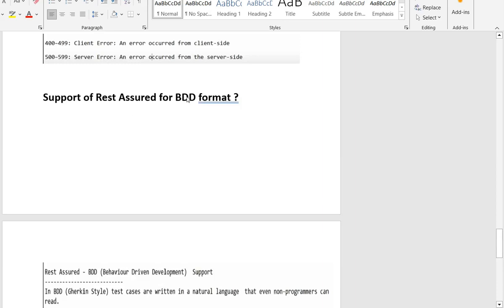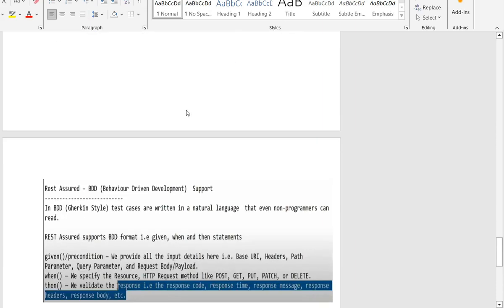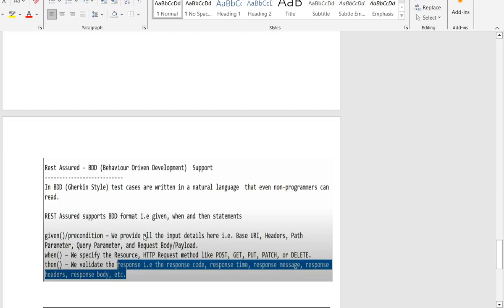First, we see BDD. What is BDD? BDD means behavior driven development. In BDD, we use Gherkin keywords for test case writing. BDD uses test cases in natural language that not only programmers can read. Non-technical persons can also read the test cases. Rest Assured supports BDD format, that is we have to write the test cases in the form of given, when